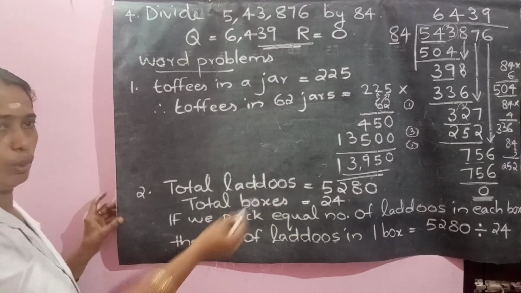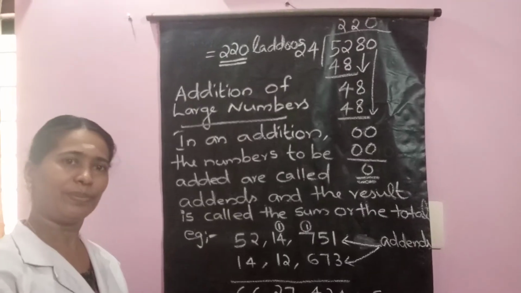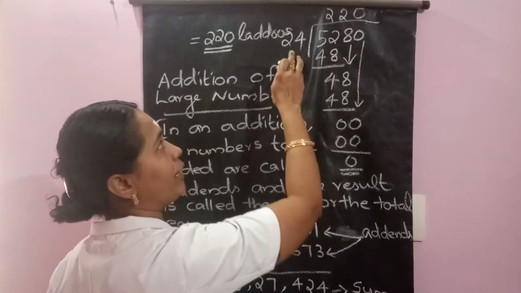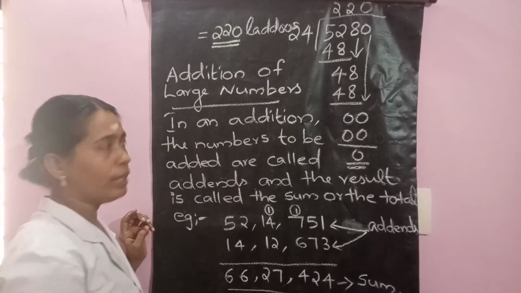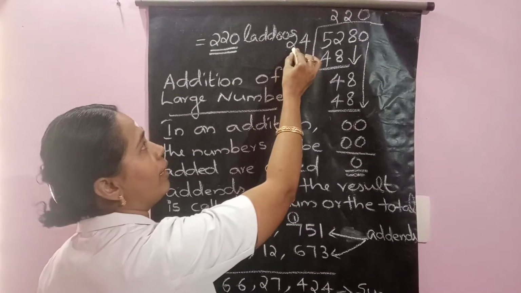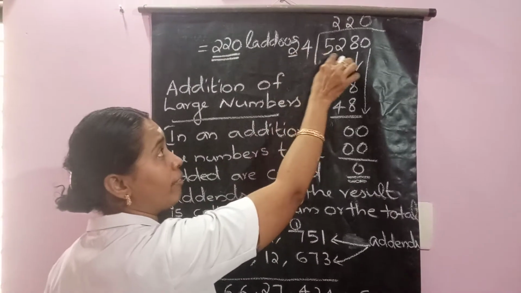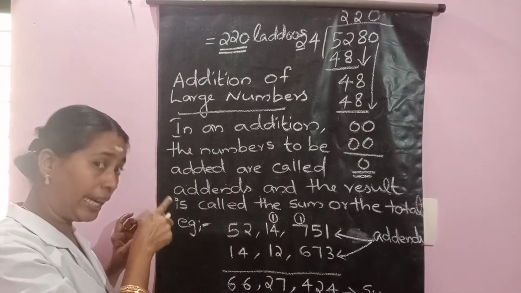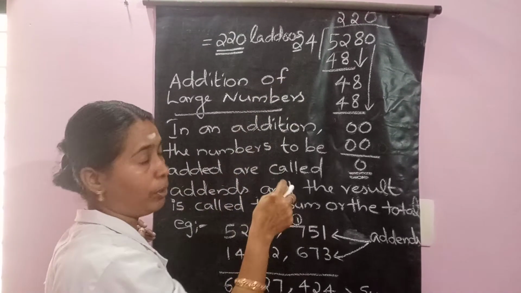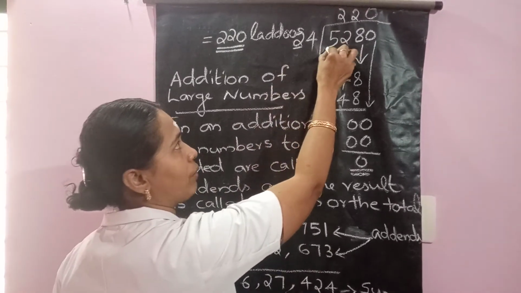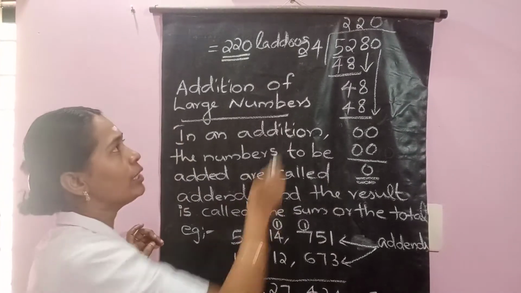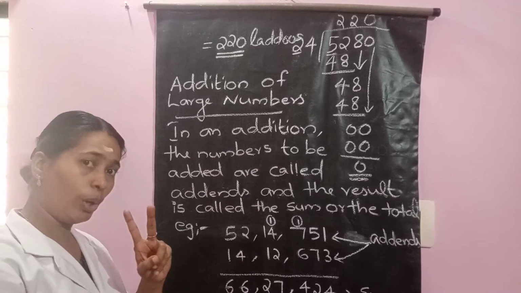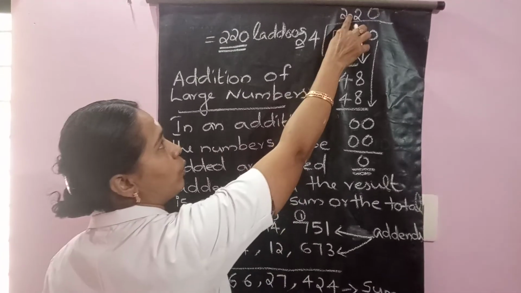Okay, so let us go with the division. 5,280 divided by 24. The first method I told you: the 2 here, you needed 1 more to make 2 values. Why? In the previous case it was 8 and the first digit was 5. But here it is 2 and here it is 5. So think about how many 2s are in 5. We know 2 2s are there. So write 2 on the top.